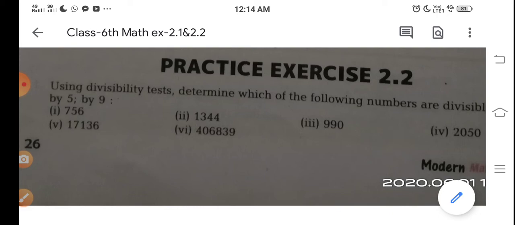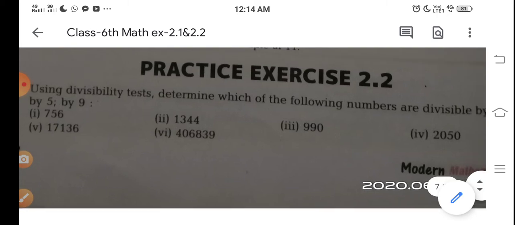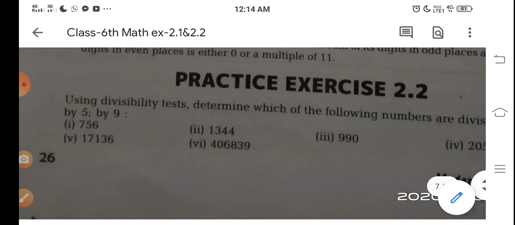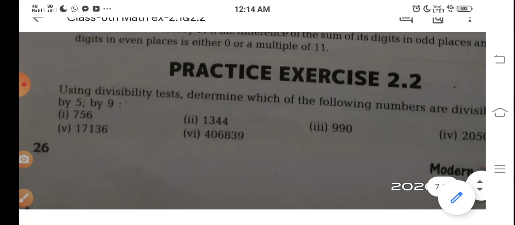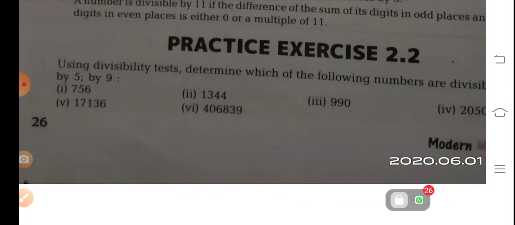Okay, 18. So then you divide with 18. That's also divisible by 2 and 3. Next, check the last digit for 5. If the last digit is 0 or 5, it's divisible by 5. That's not here, so it's not divisible by 5. Next is 9: a number is divisible by 9 if the sum of its digits is divisible by 9. Firstly you add all the digits, then you divide. So 18 divided by 9 works, which means only 5 is not divisible and the others are divisible.